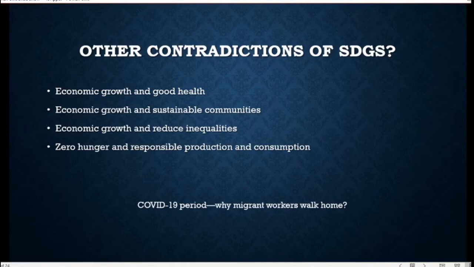The most common reason they give is that they are unable to sustain themselves in the cities. They don't have money for food and lodging anymore, so they need to go home. So you can see here that the home is really the safety net. And this is something for us to think about: what ultimately is important to support the survival and sustainability of our well-being.